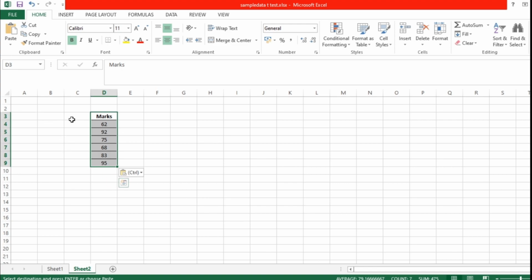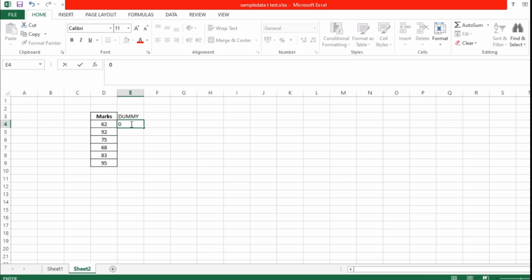Yes, we have the one sample t-test with the help of the data analysis tab. So what I'm going to do, I'm going to cheat the Excel format, but how? Here I'm going to create a dummy variable along with the marks. What we have to make sure is that at least 2 cells have been valued, right?